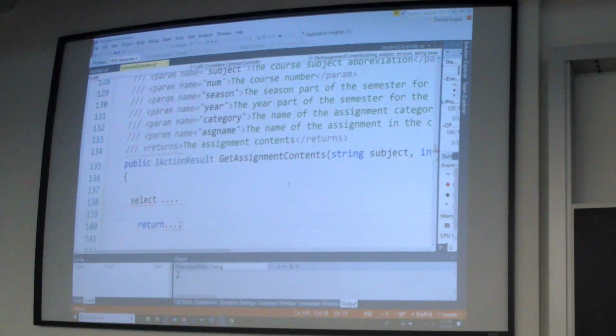Okay, so what do you actually return? And we'll get much more into the details of this. This is just kind of a preview. This function is returning an IActionResult, and all of those functions will return that. Basically, what it's looking for is you can return